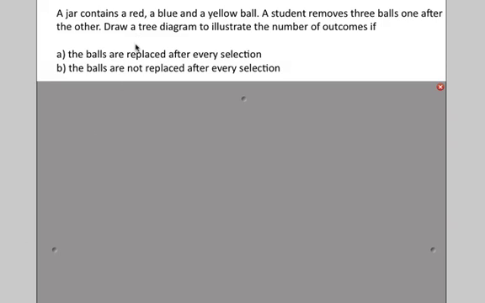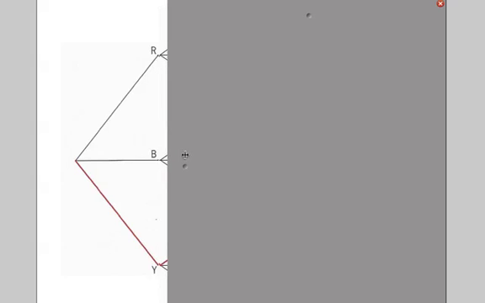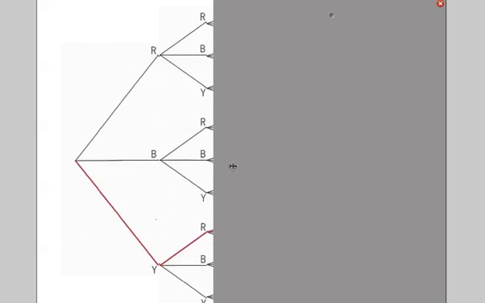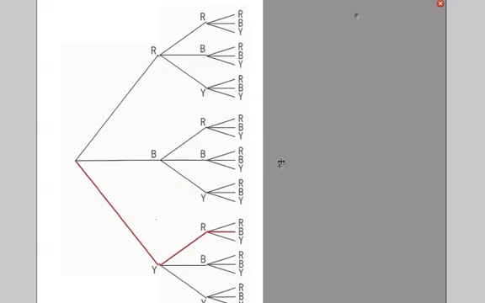We want to know what the tree diagram is going to look like if, first of all, the balls are replaced after every selection. Well, if we're going to do that, then on our first selection, we can choose red, blue, or yellow. Now, because the ball is replaced, if we select red first, we still can have a red selected second because of the replacement. So we had 3 outcomes possible on the first draw, and so now we have 9 outcomes possible on the second draw. And if we have one more selection because of replacement, then we're going to have a grand total